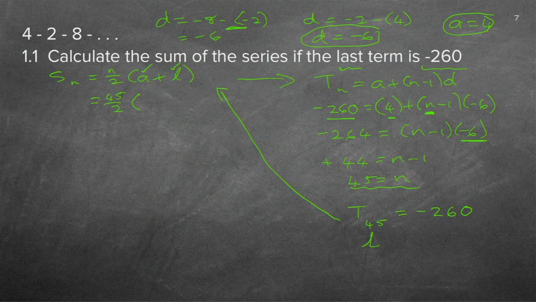I prefer to always draw a little loop around it. Then I know the two things that are important for me to use any of my two formulae is the A and the D. So once I got my A and my D, I'm well away. So A was equal to 4. What was my last term? They told me minus 260. Minus 260. So I don't even need the D in this formula. And now you can just do that little sum on your calculator and you'll get the answer.